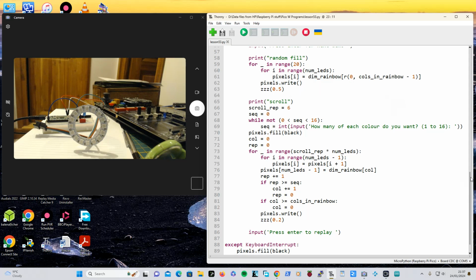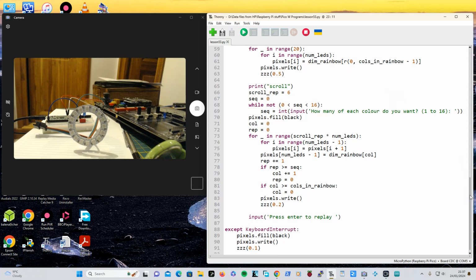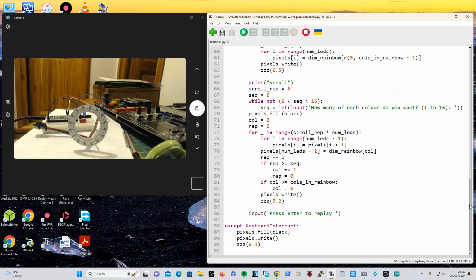And then this scroll one, this would look an awful lot better if I had a long strip of Neopixels. That's a better name for them, Nixels. If I had a nice long one like Keith does, but I don't, and I'm not going to buy one. So what I'm doing is I'm just scrolling through, and